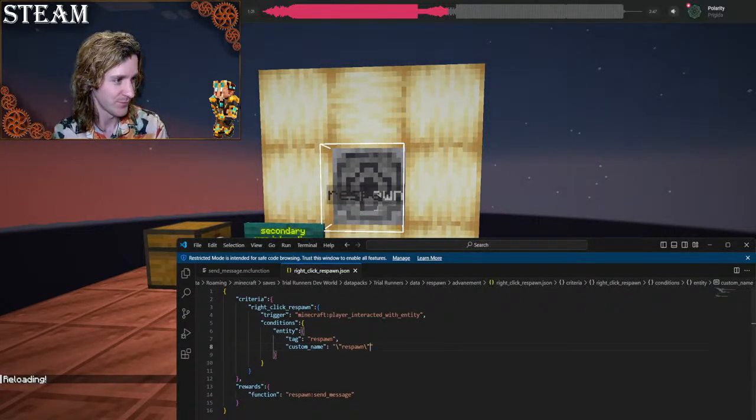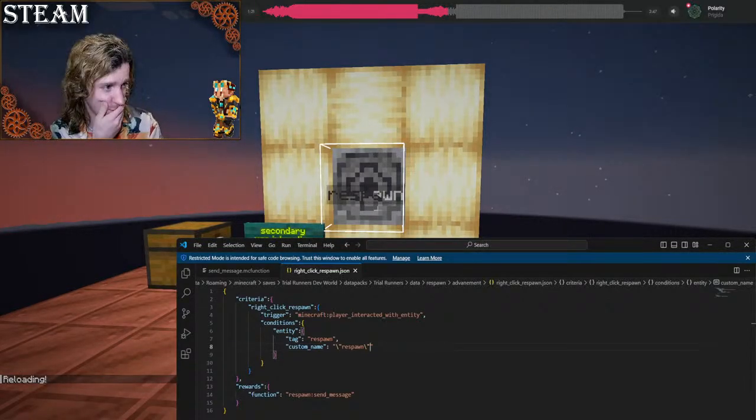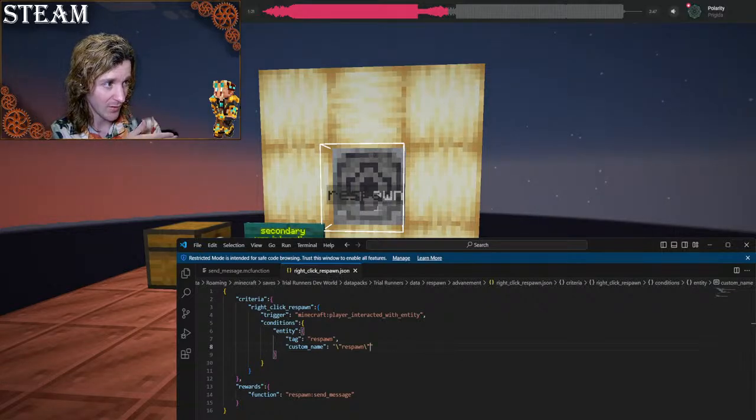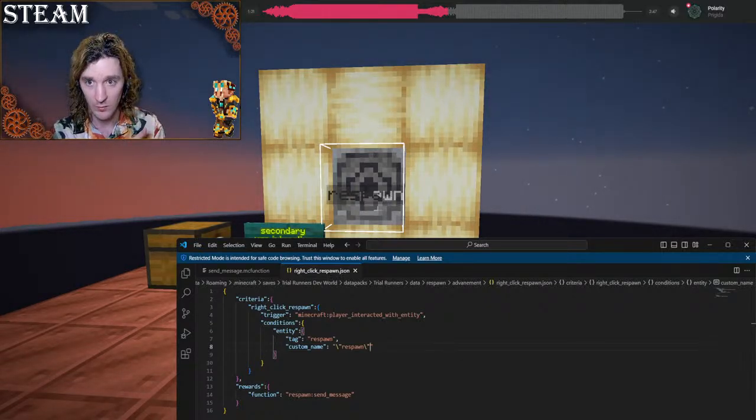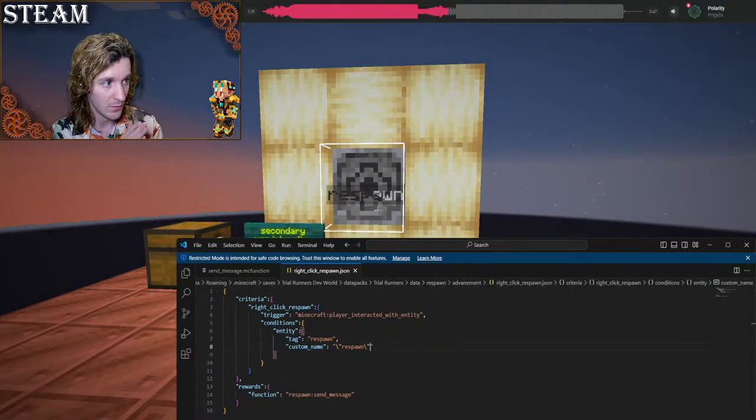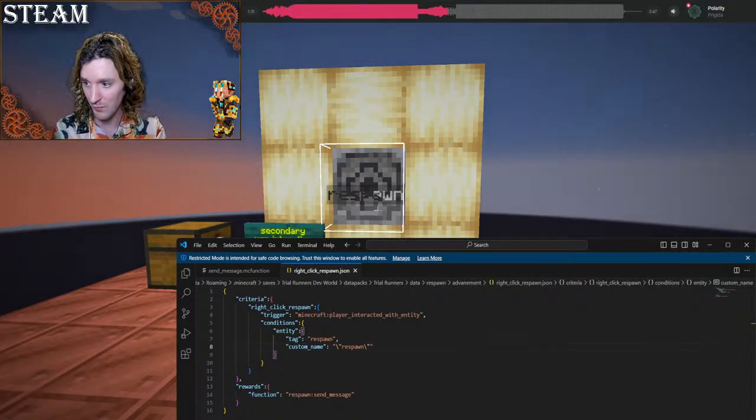Okay. Let's just make sure that's following the right thing. Yep, right click, respawn. The trigger is the Minecraft player interacted with entity. There's a condition, there's entity, there's tag of respawn. Then there's custom name. And when we did the proper syntax,